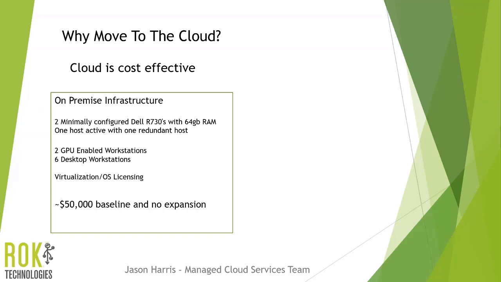So if we look at it, a very conservative low-end estimate, we're already looking at about $50,000 for just a base ArcGIS Enterprise deployment. And if you're like most folks, you're probably on some type of 3-year budget hardware refresh cycle, meaning you get new hardware every 3 years. So when you're budgeting out for this new enterprise system, you really do need to plan for your future expansion right now on day one.